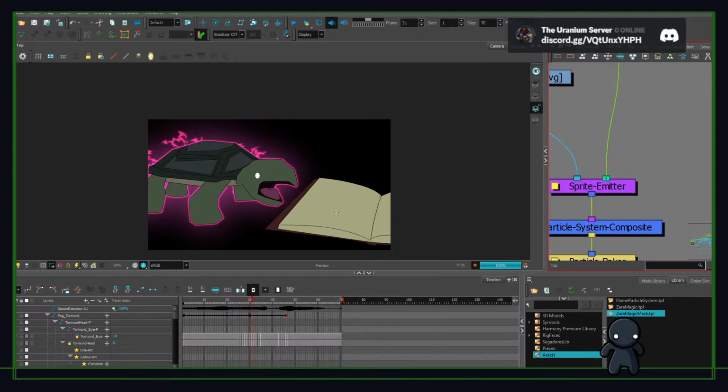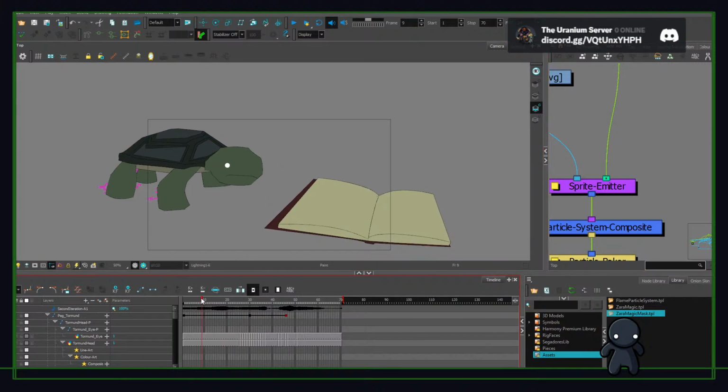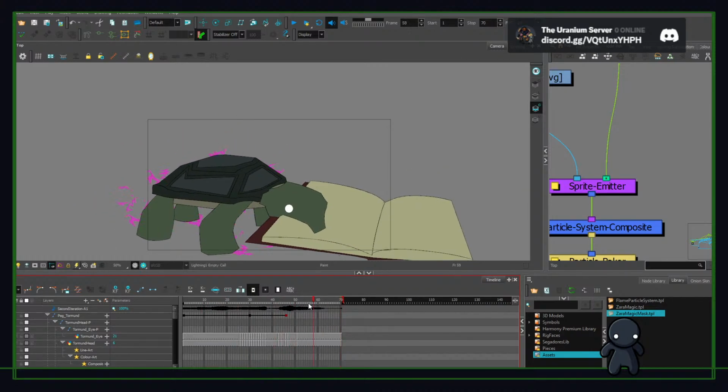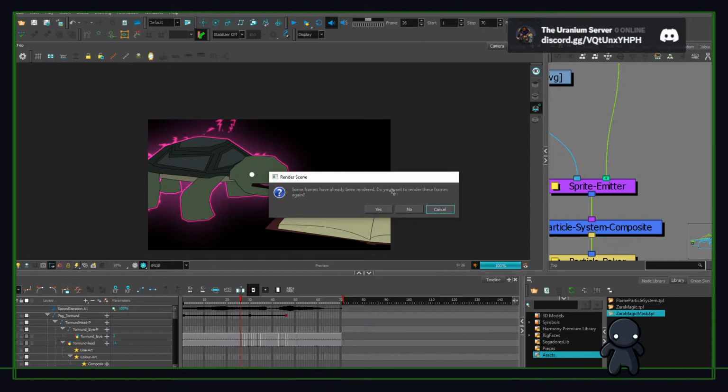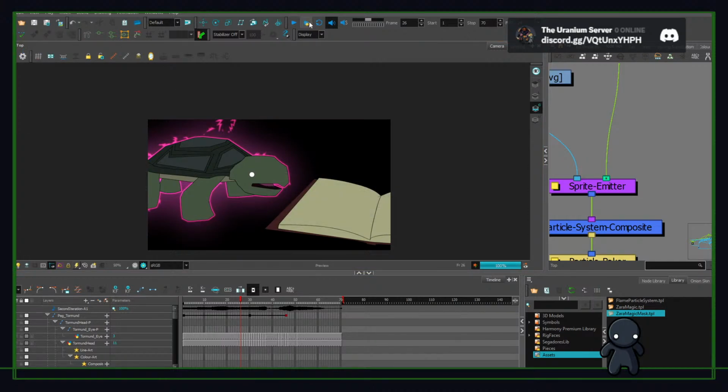Now, the problem right now is that when I want to look at my effects, I cannot play them here because here they look like crap. I mean, you get an idea of what's happening, but I'm going to have to render it. So let's pre-render. Oh, before I pre-render, I'm going to save the project just in case. So let's save the project, let's pre-render, and now we'll be able to watch what it looks like so far